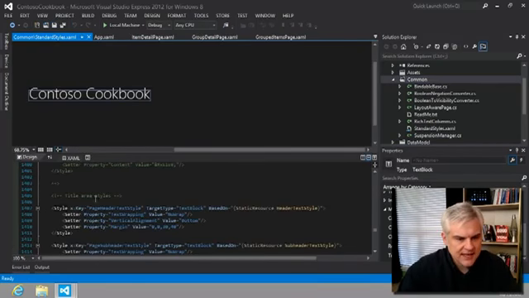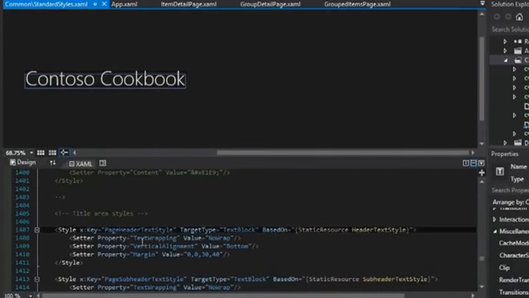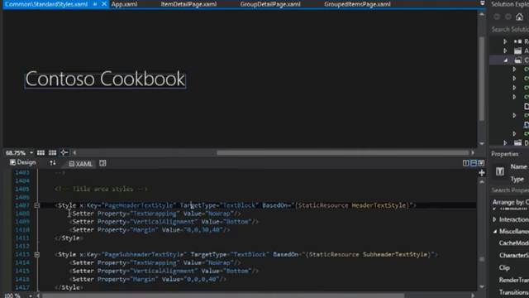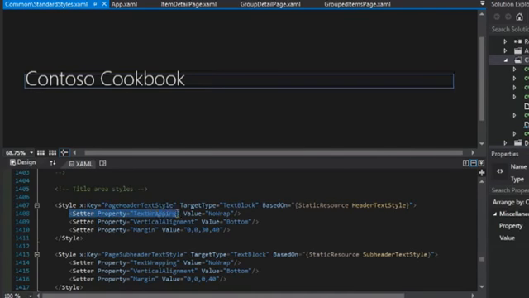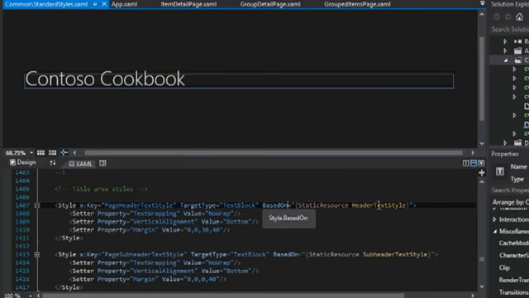Here we can see that a style has a number of setters, so we're going to set this property to this value on this data type, this text block, okay? So this applies to text blocks, and we're going to set the text wrapping property, the vertical alignment, the margin, and so on. But notice that it's also based on another style called header text style. And if I were to try to navigate to header